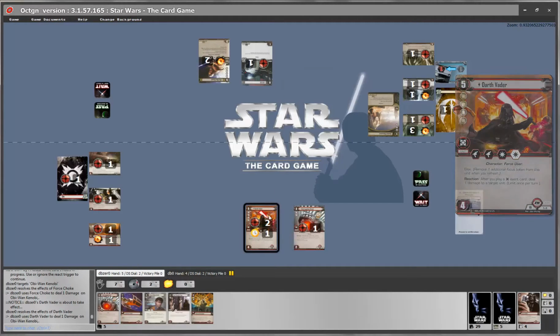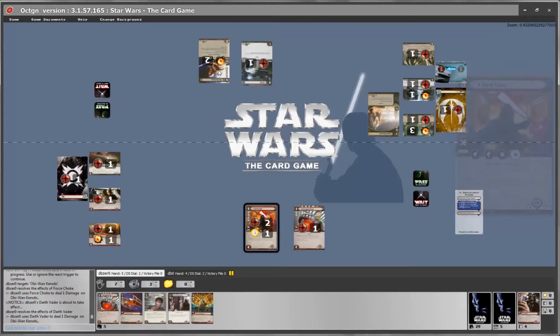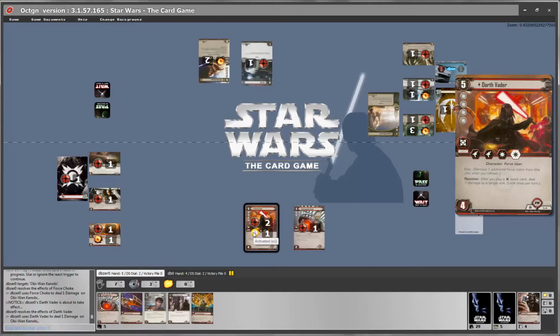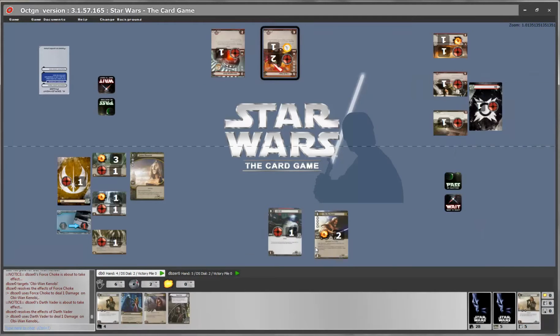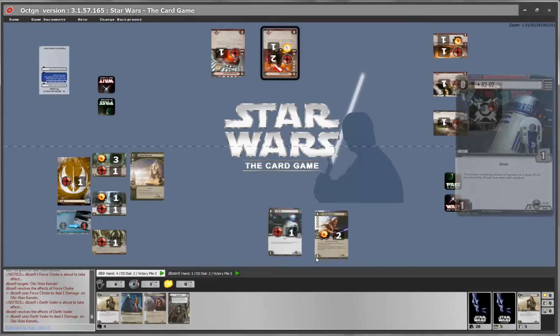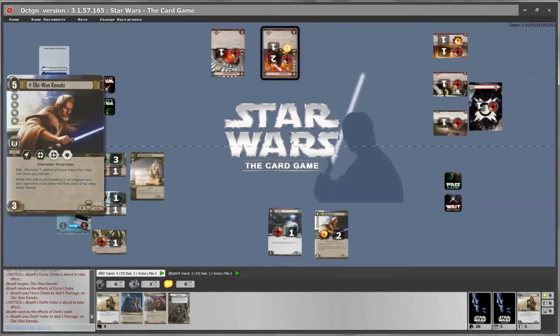As you can see, double clicking on a card that has a green highlight clears the highlight and returns it to the previous one and does whatever effect is bound to happen. As you can see, Darth Vader got activated. This token means that Darth Vader's ability was used for this turn. So if I used another Sith event this turn, Darth Vader won't activate once more. And let's continue onwards. Our Obi-Wan Kenobi is damaged, quite in a sorry state already.